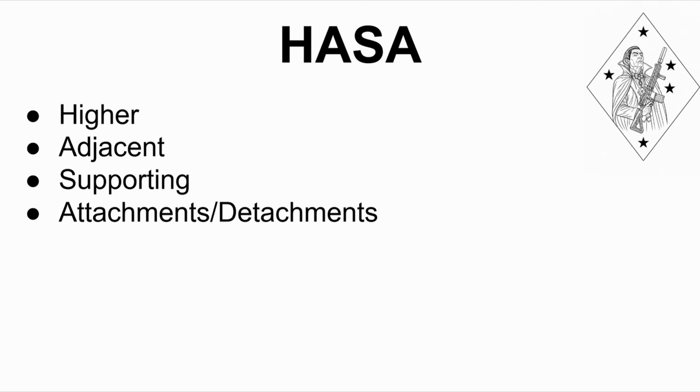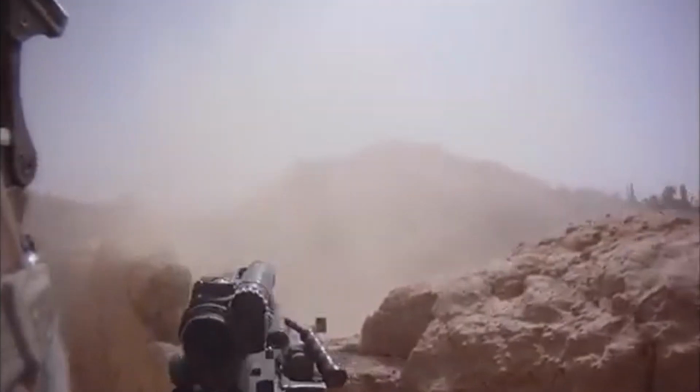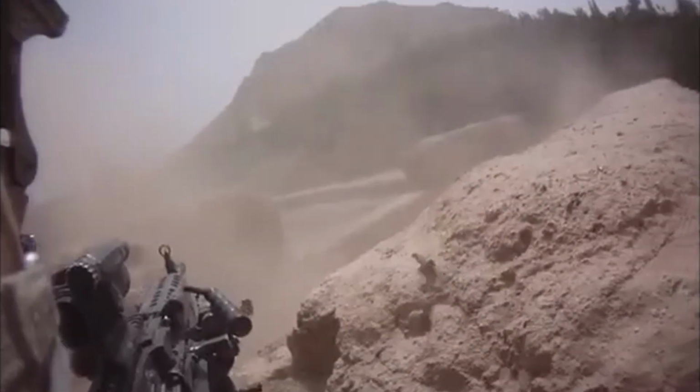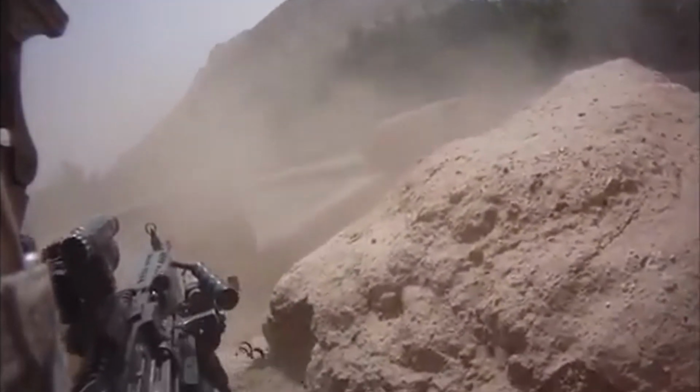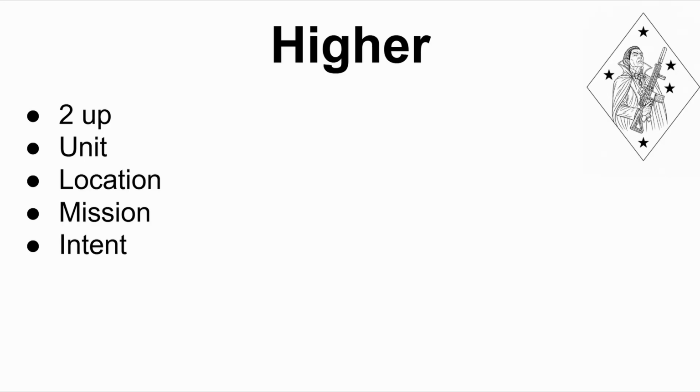Attachments, and Detachments. For higher, we're going to write out 2 levels higher than what we're operating at. So for example, if I'm operating at the squad level, I would write out higher as my platoon and then company. For each of those higher echelons, I'm going to write out their unit, location, mission, and intent. Doing this is going to help us understand how our mission fits into the bigger picture and helps us meet